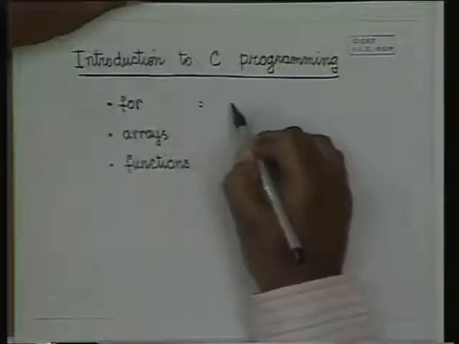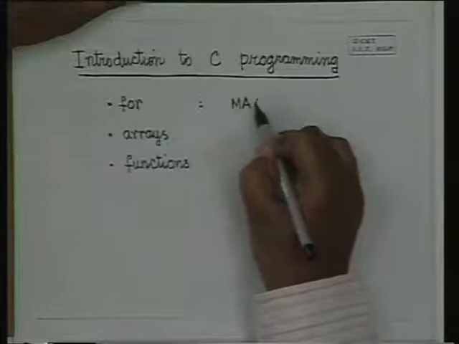We shall continue our study of the C programming language. In the previous lecture we have just seen how to write simple programs to print variables, read variables, write assignment statements, and we have also seen the if then else construct. We shall next see the for loop, the looping statement, and for this we will solve the example which I took in the first class, finding out the maximum of n numbers.